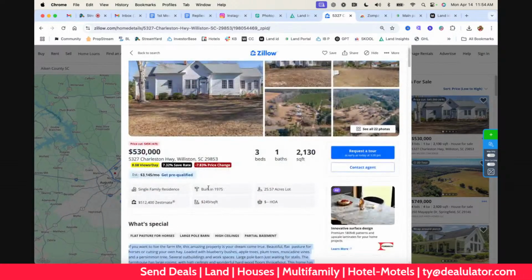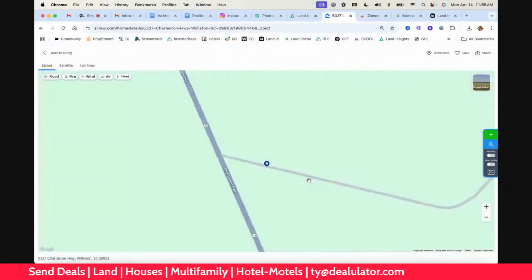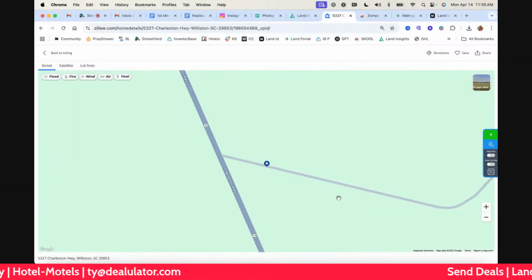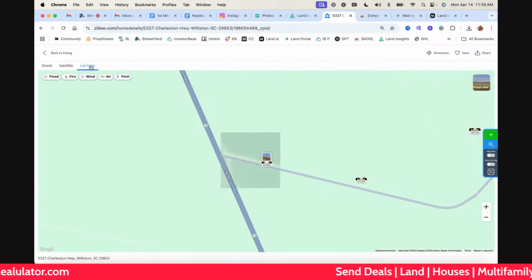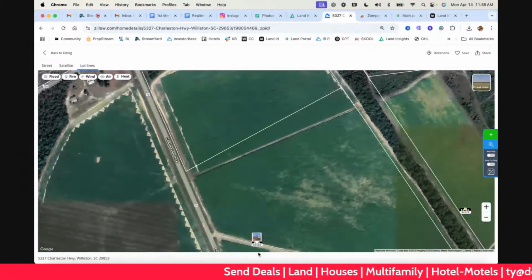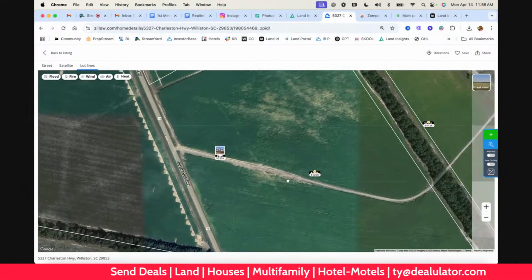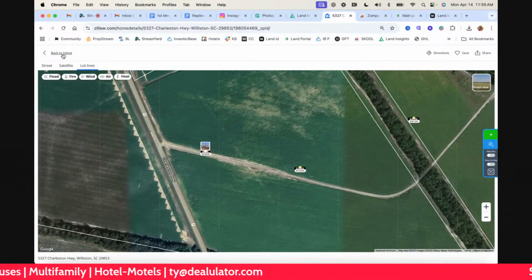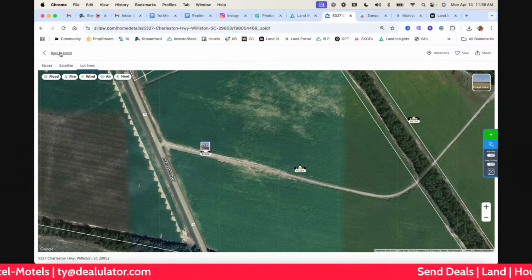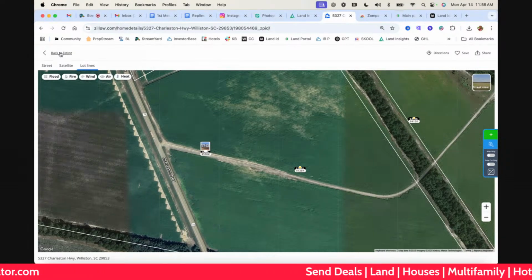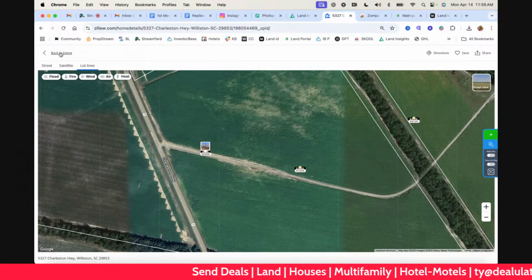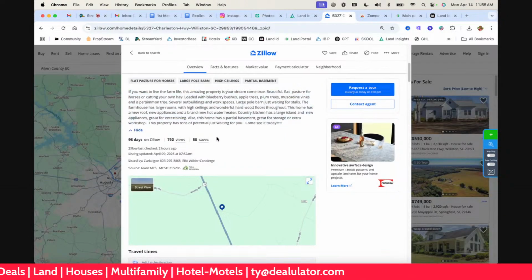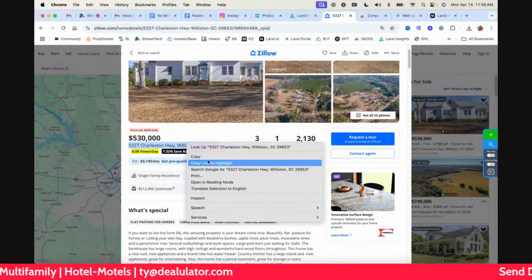All right, and then let's go down here to the map. I can see a boundary, and that may be it right there. But again, as far as what you're doing, that would be enough. You'd say, hey, I'm going to reach out to them and see if they'd be open to selling. And like I said, we'll figure it out later on if you want to work with me. So let me grab the address though. Let's still look at it.